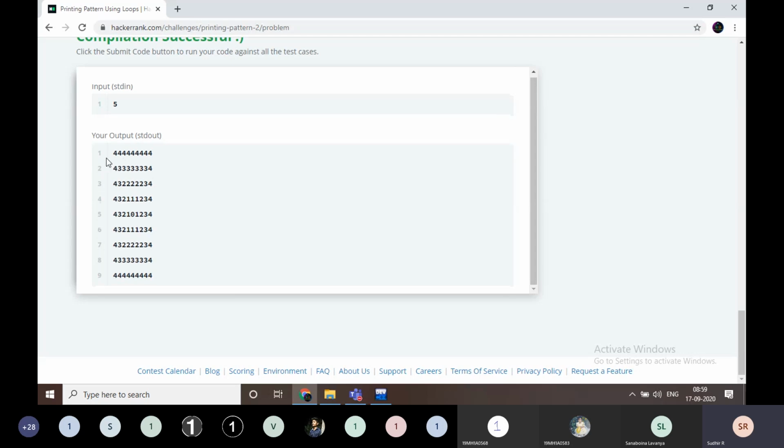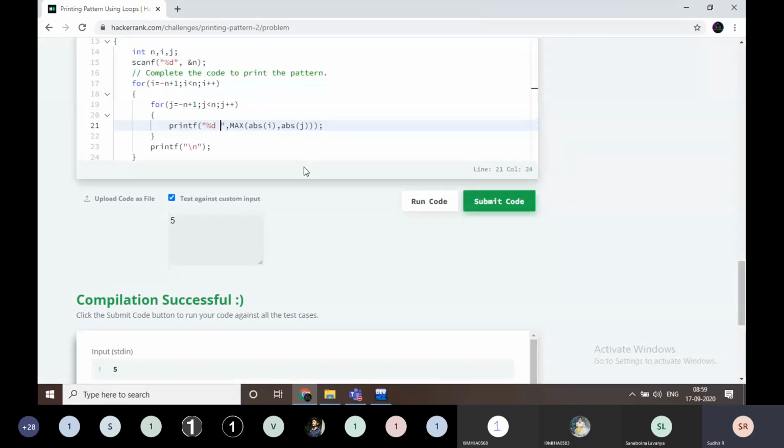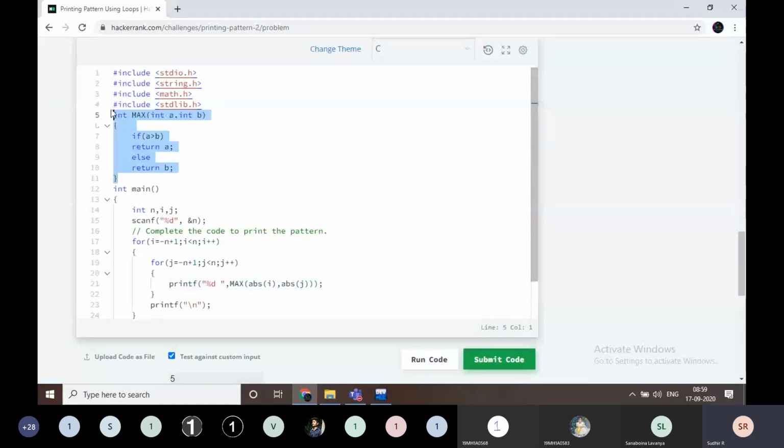I am going to give some space, then it will be clear. What is the maximum value of A and B? If A is greater than B, I am going to return A, else it is going to return B. That's it. Simple thing. Maximum of two values.